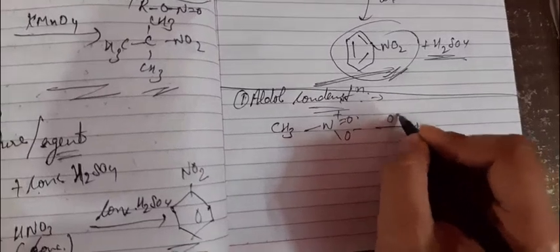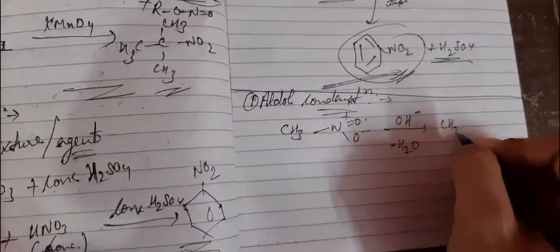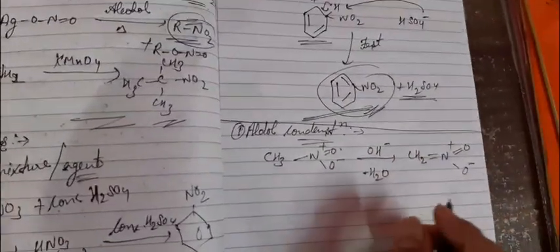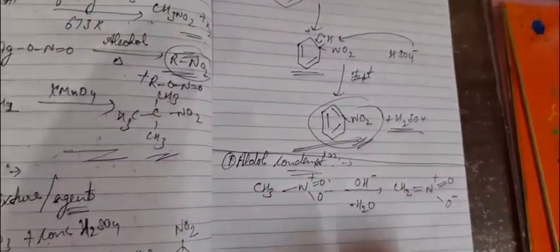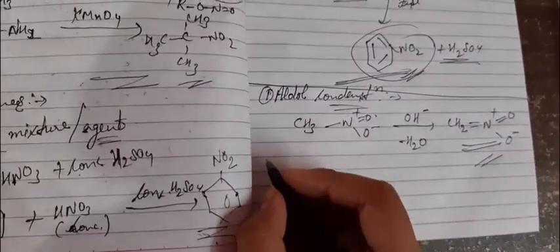In presence of OH- nucleophile, water gets eliminated and we get the aci-nitro form, CH2=N+ double bond, the structure as follows. In this reaction, this is our required nucleophile which will attack the given aldehyde. Like for example, this nucleophile can be written as